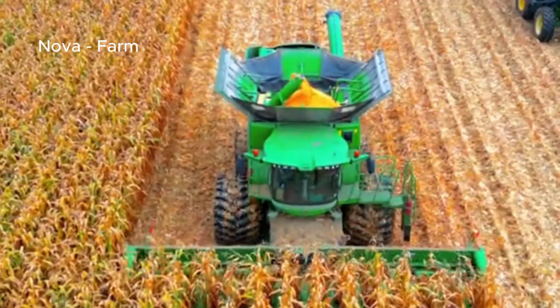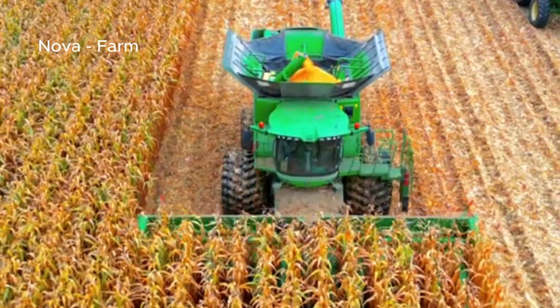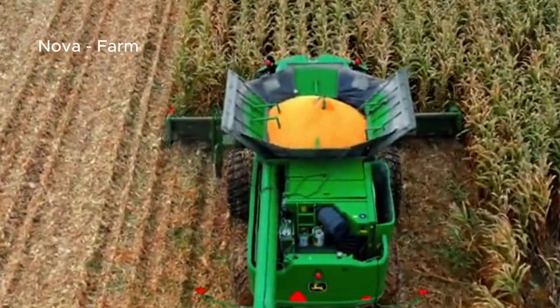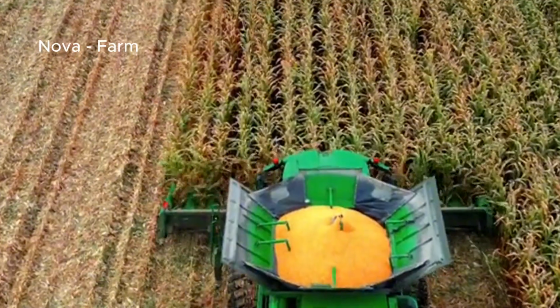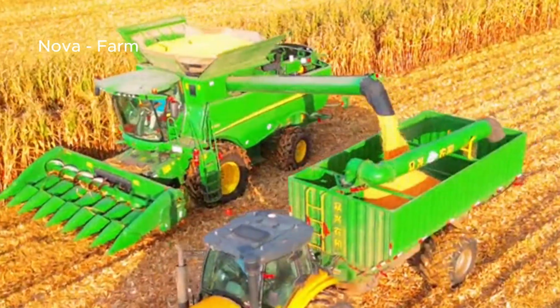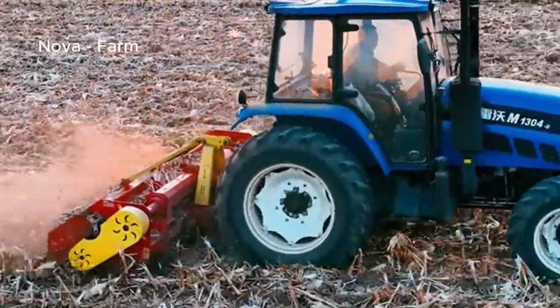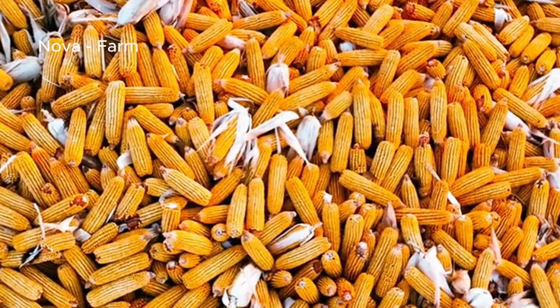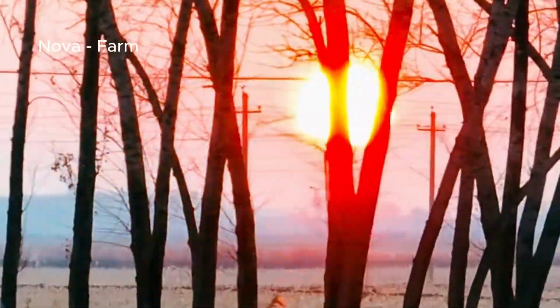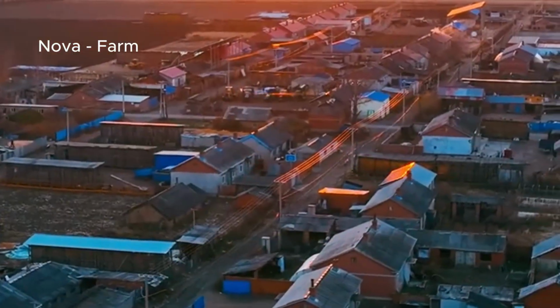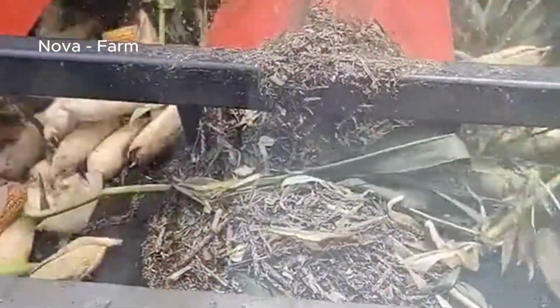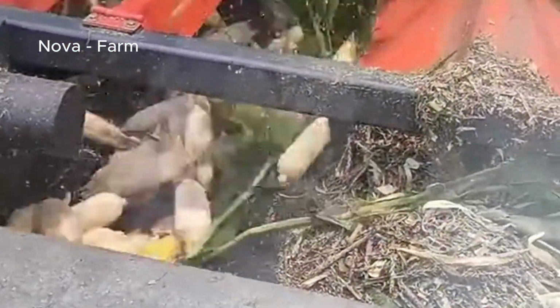Corn is not only a valuable source of nutrition for humans but also plays a crucial role in the economy, particularly for farmers. Below are some of the key economic benefits of corn for farmers. Stable source of income. Corn is one of the main staple crops, providing farmers with a stable source of income. With high yields and strong demand, corn can generate significant profits from selling corn kernels to domestic and international markets. Corn can be consumed fresh, dried, as cornmeal, or used in processed foods.